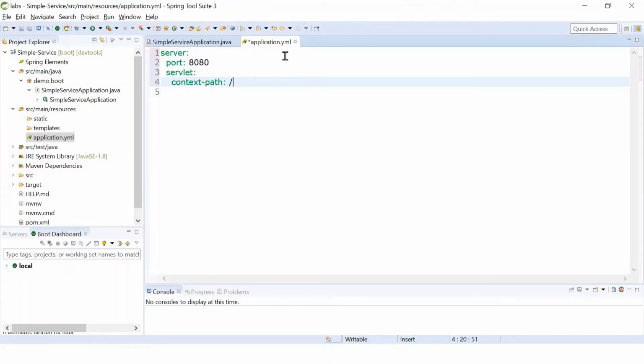And if you see the YAML file here, it is hierarchical. This context path is under servlet, servlet is under server. Similarly, port and servlet are under server. It is very easy to manage, right? So this is not given also. I told you the default is here: default is 8080, context path is slash. Anytime you want to change the port number, we can give all these properties. Okay, let me save this anyhow.